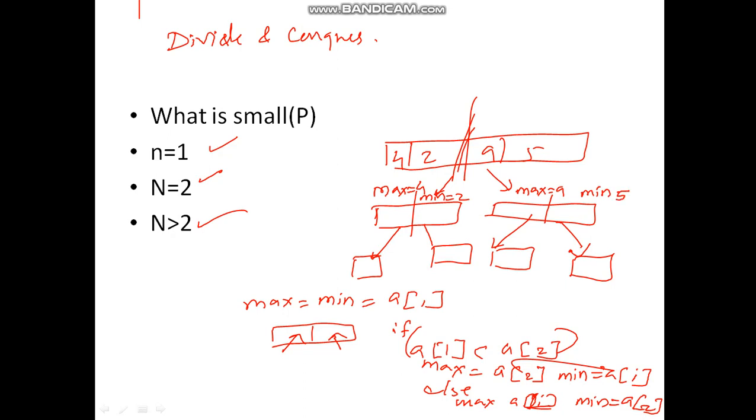And then, while finding the solution of this complete problem, we can compare the left hand side max with the right hand side max. Whichever is larger will become the final max. So max will be 9 here, and for the minimum, of the 2 solutions that we are getting, min will become the smaller one. So this is the way I am going to use divide and conquer. First, whatever array is given, we will divide it into smaller subarrays, and then we will try to solve the problem.